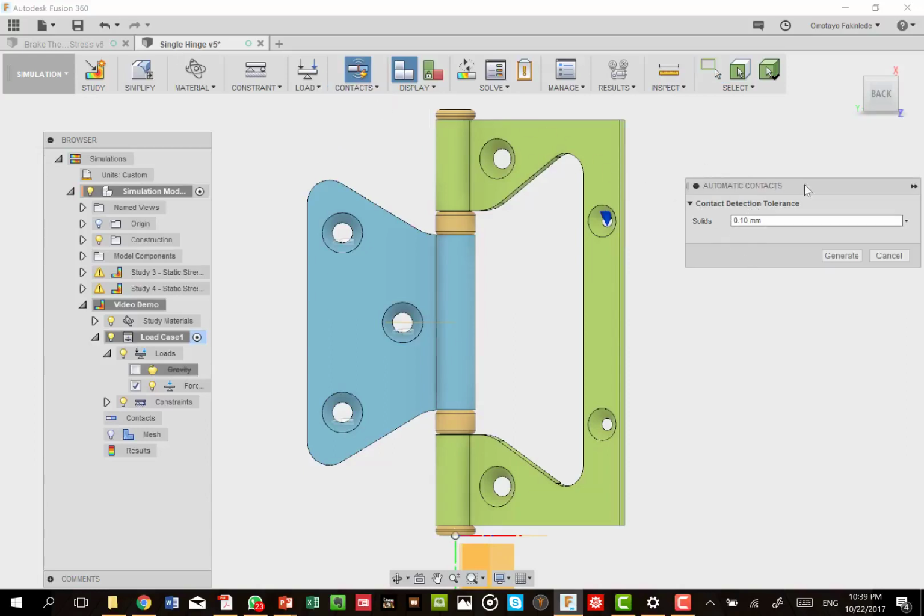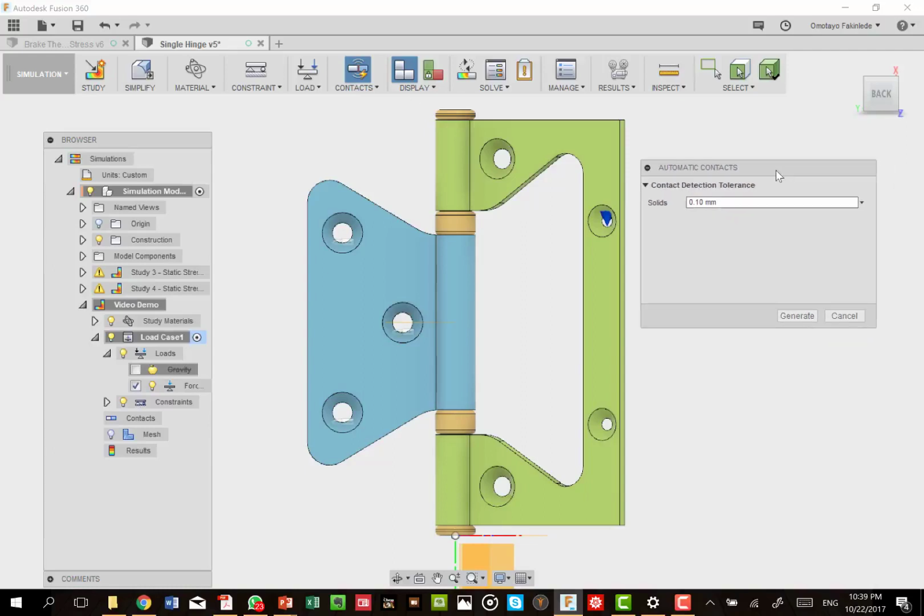Once you tell it to generate the contacts, it presents you with this menu, which is contact detection tolerance. Contact detection tolerance specifies the tolerance below which it will assume that the bodies are meeting. If anything is closer to each other right now than 0.1 millimeters, it will make that assumption and generate a contact for them.